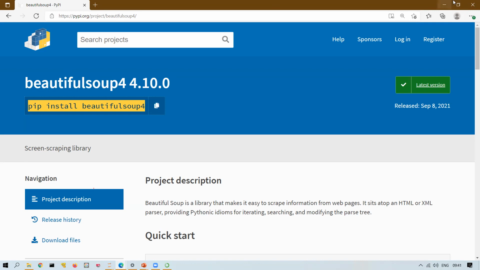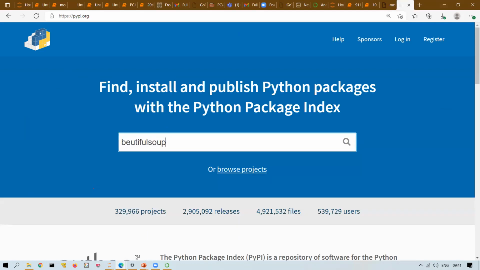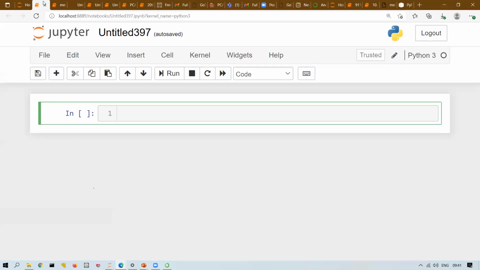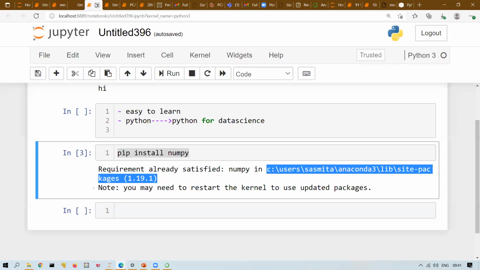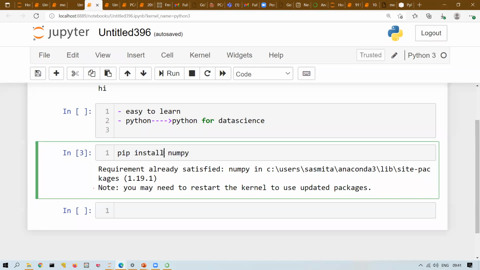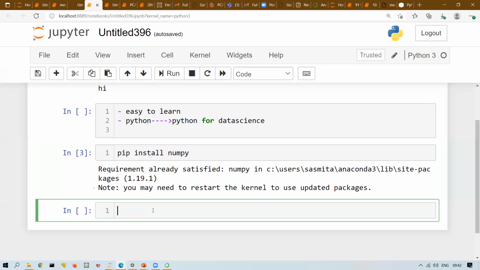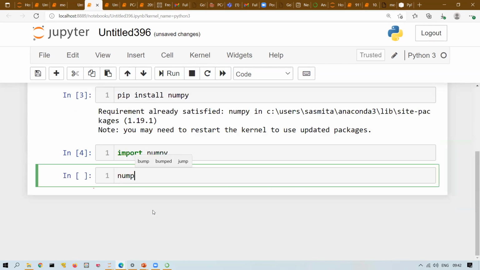So this command, pip install, you can type in the Anaconda prompt, or in Jupyter it will also work. I found the Anaconda prompt is a little faster, so it's better to go to the Anaconda prompt and type. But here also you can type in Jupyter Notebook. Once you have installed it, you have to import the package to use it. If I have imported NumPy, you can use the dir method, which will list all the things present inside NumPy.